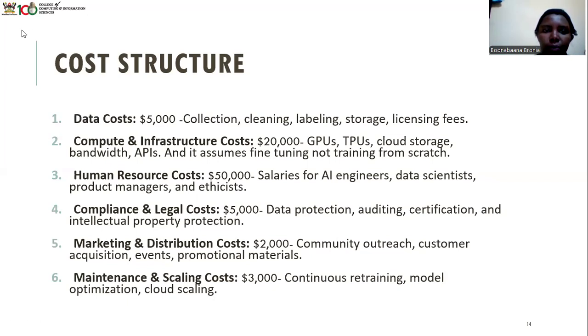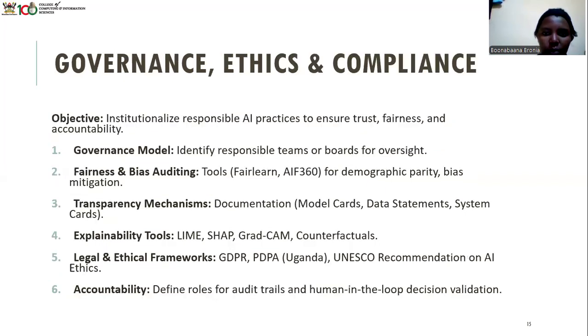Roughly, on the cost structures, we managed to structure this as the bare minimum, the minimum we can have. Of course, for data costs we've done in-house data collection because this is the cheapest we can have, at $5,000. Then infrastructure, you can see the prices. So all in total, I calculated $85,000 for the minimum costs to make this a market viable product for early stages. Yeah, so that's us.